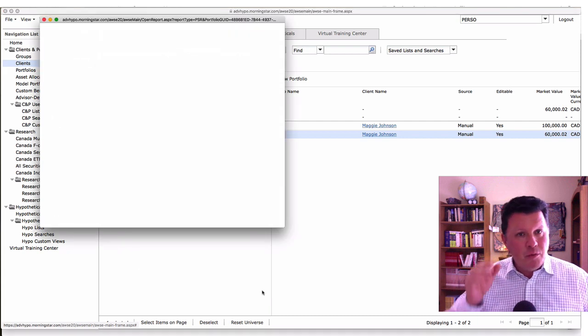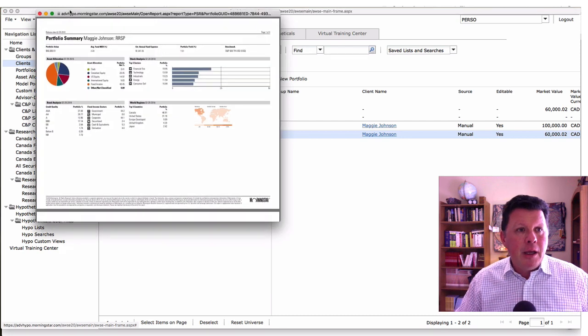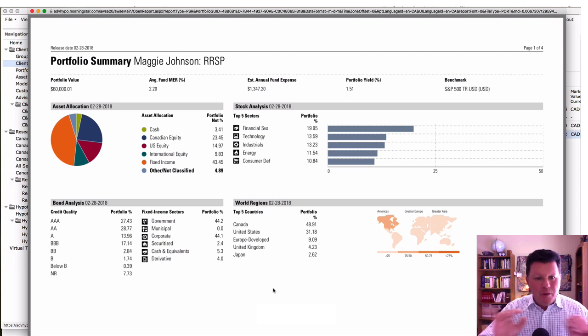It's the fastest one. We are onto the portfolio, and as you can see, it's a summary. It's very, very clean. This one is better than the mutual fund. We see the portfolio value. We have 6 mutual funds, $10,000 each, or $60,000. The average fund MER, I love that. They made an average of all the mutual funds, and the MER of each is 2.2 on average. The estimated annual fund expenses for the new rule, the portfolio yield as a dividend,